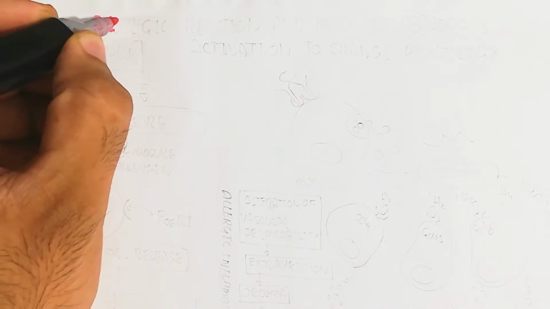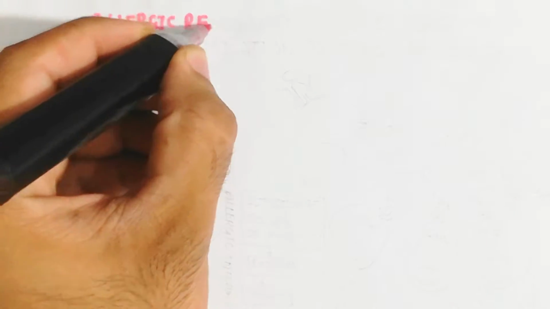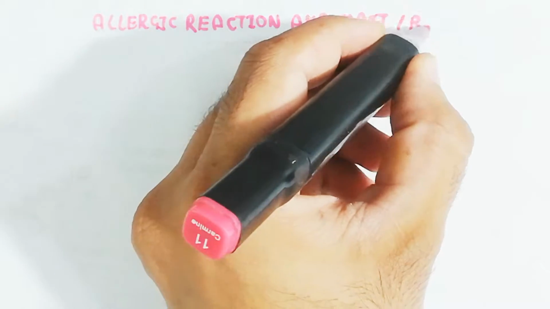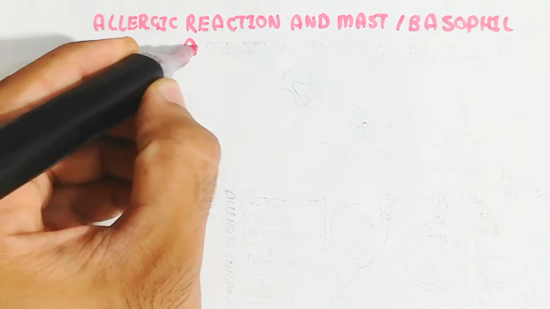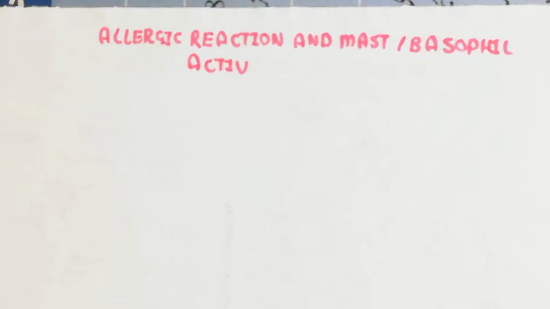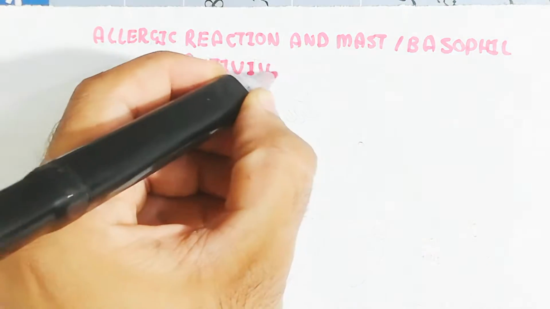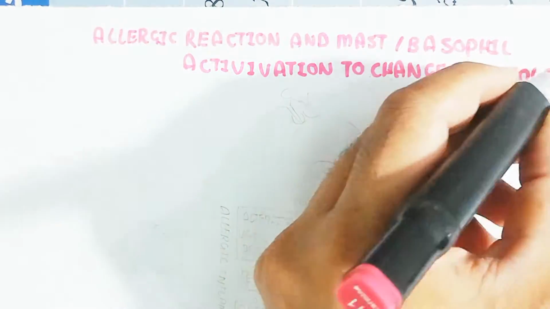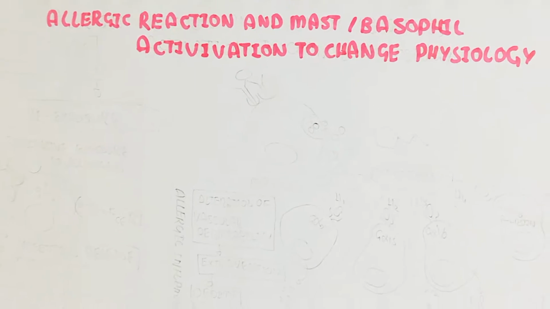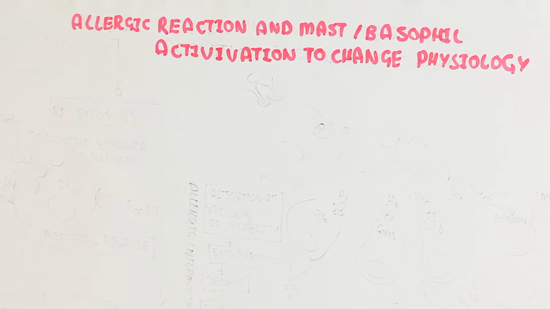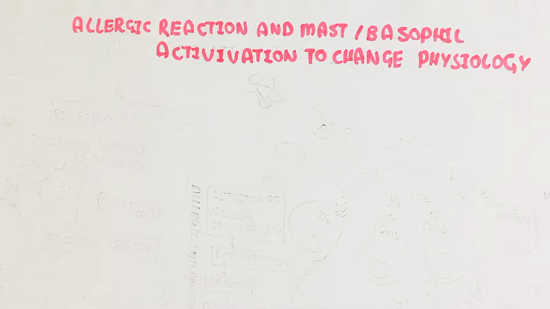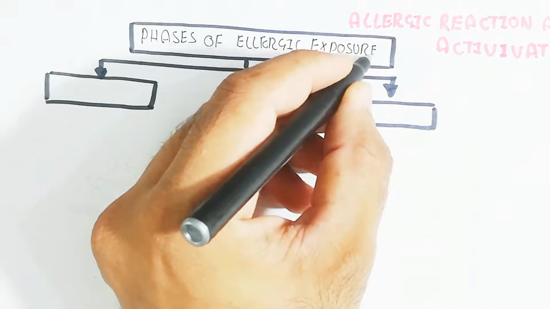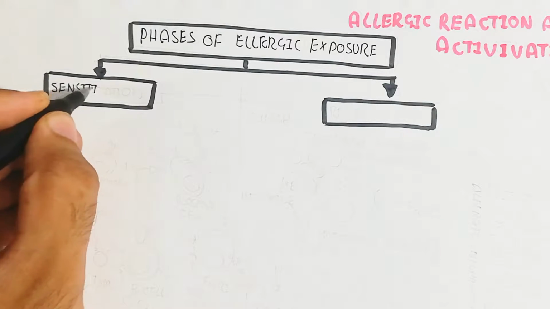Hello, in this video we will discuss the allergic reaction and how mast cell or basophil activation changes physiology. So what will happen when the mast cell is activated? In this video we are understanding the allergic reaction due to allergens or some other reason. The mast cell will be activated as an effector cell and will produce the inflammatory mediator known